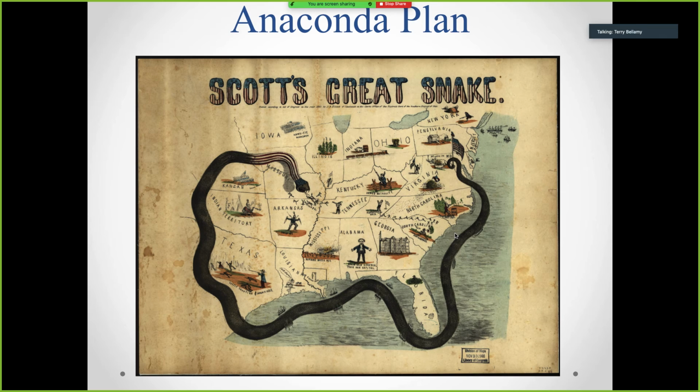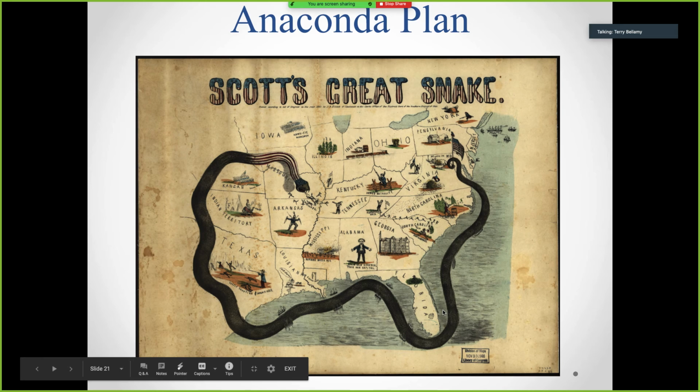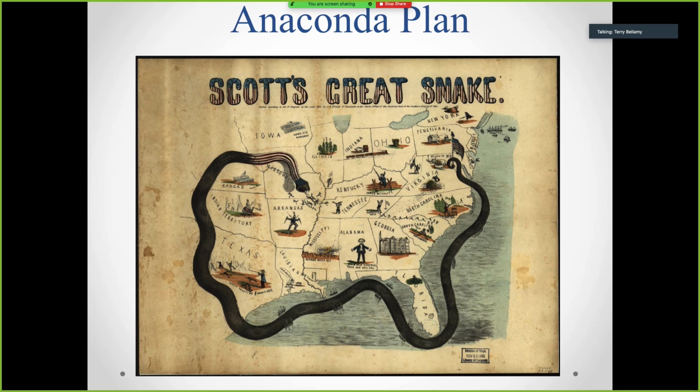We looked at Charleston when we talked about Fort Sumter the other day, and you're not going to put your ships in Charleston because they're going to get blown to smithereens by all of those cannon batteries guarding Charleston Harbor. But we put a couple of ships outside of Charleston and outside of Mobile, Alabama, and New Orleans, and we just blockade them. Any ship that tries to get in, we stop it. Any ship that tries to get out, we stop it. If they won't stop, we blow them up. The Union Navy was strong enough to do that, but it's going to take time.